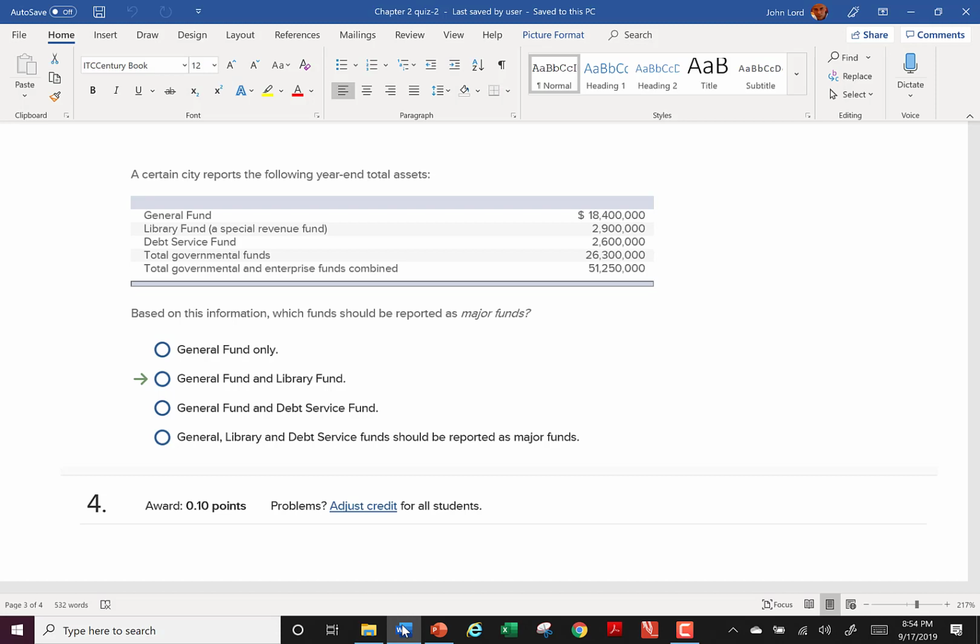General fund, special revenue fund, debt service fund, these are governmental funds, aren't they? Okay, so then I'm going to take the total of the governmental funds, which they tell me is